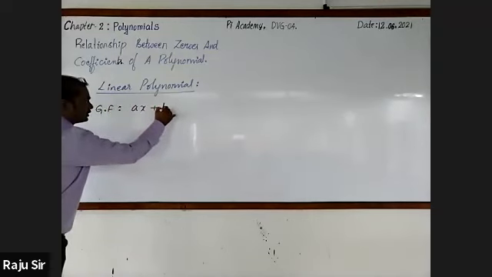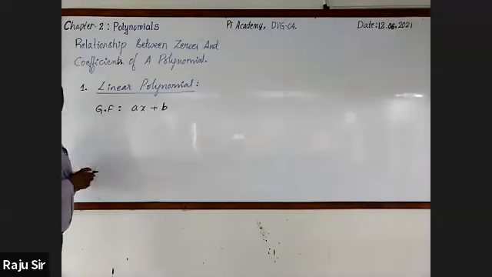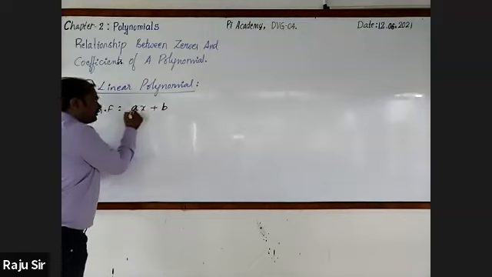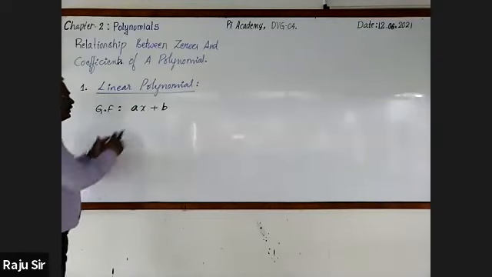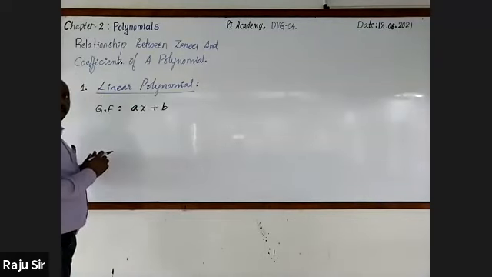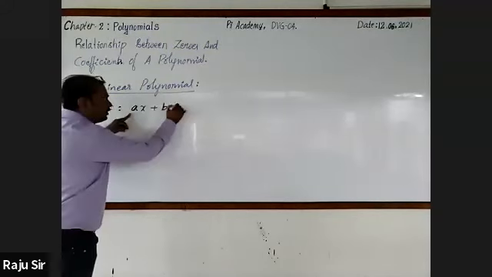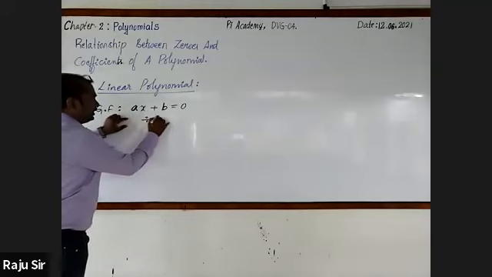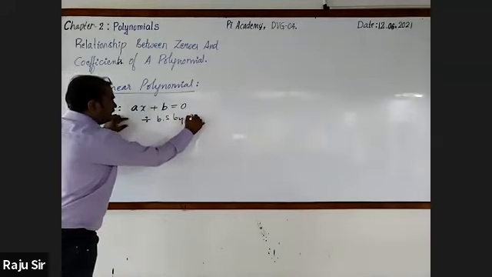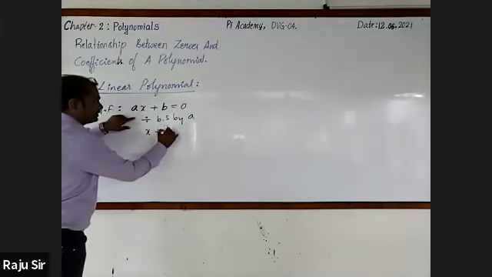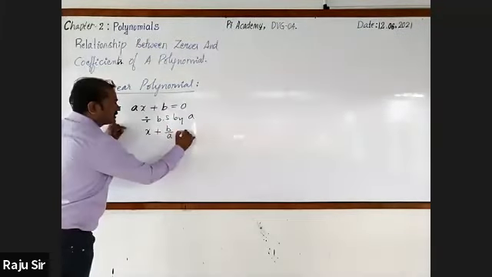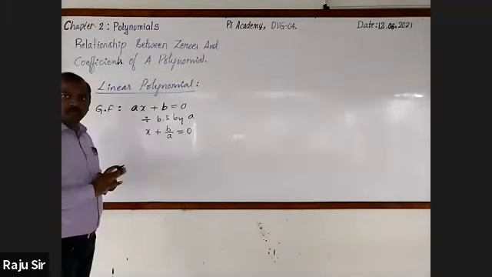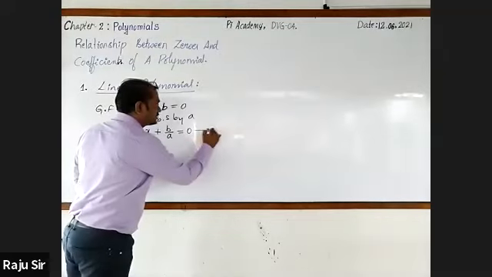Don't copy, just observe the book. ax plus b. Here the coefficient a is there. I am going to divide this statement by a. As we are going to find out the zero, it is to be equated to 0. Then on dividing both sides by a, you will get x plus b by a is equal to 0 by a, which is 0. Followed? I call this statement 1.